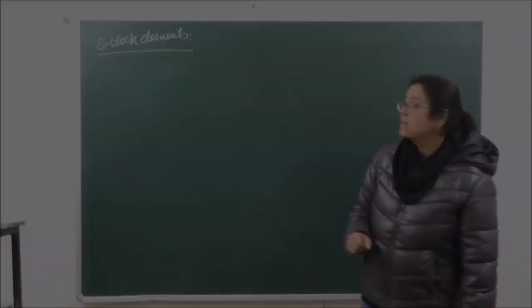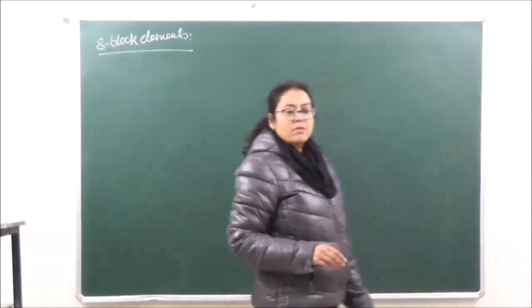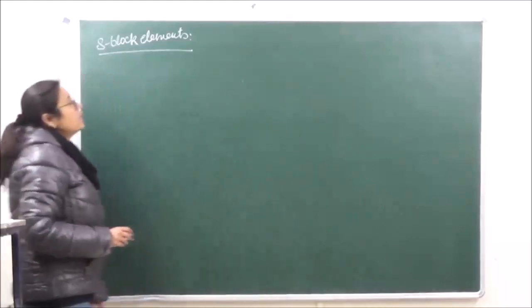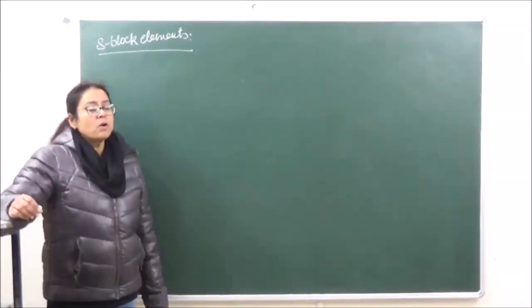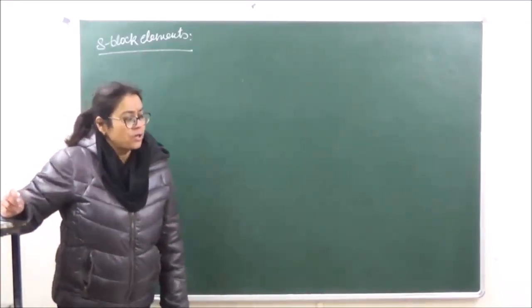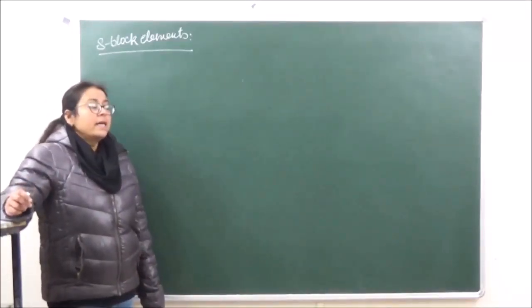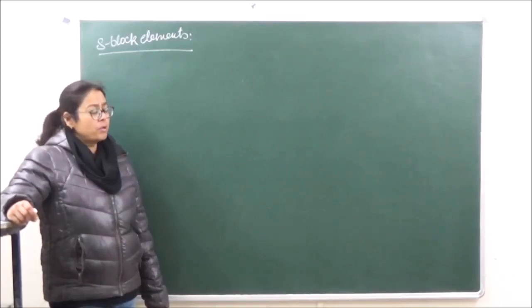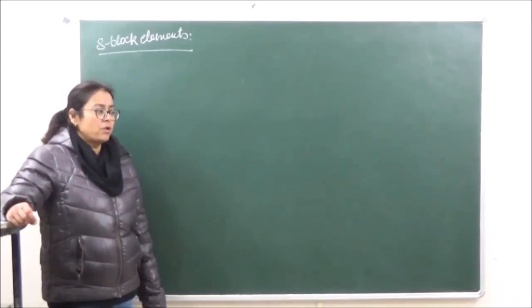So we're going to our next chapter over here, S block elements. This is unit 11 of class 11. Okay. Now over here we'll be talking of S block elements. In case of S block elements, the differentiating electron or the last electron that is going to enter into the S subshell is present at the extreme left hand side of the periodic table.